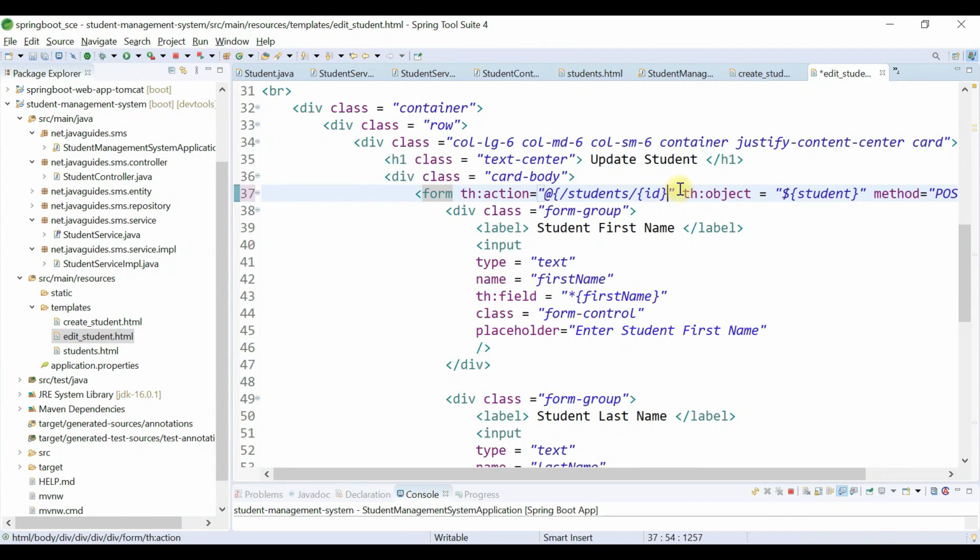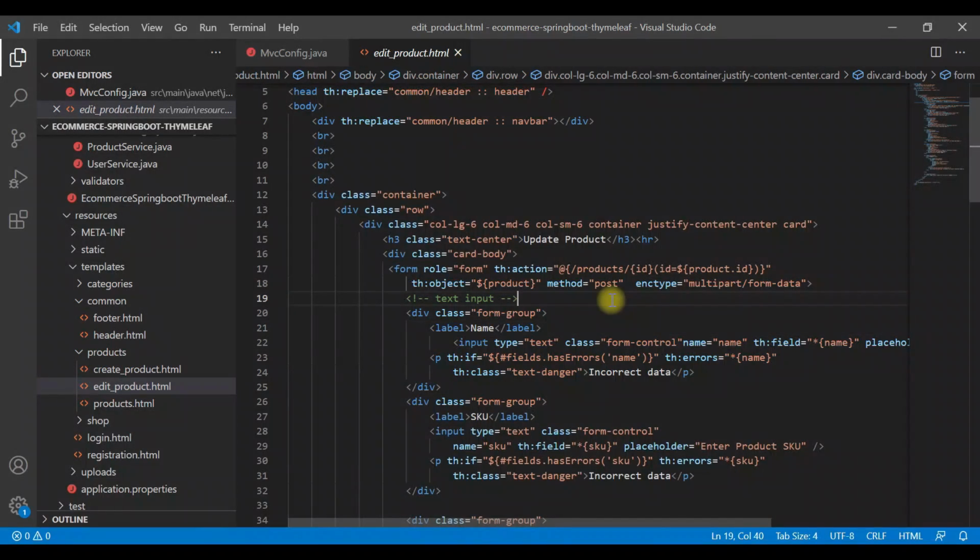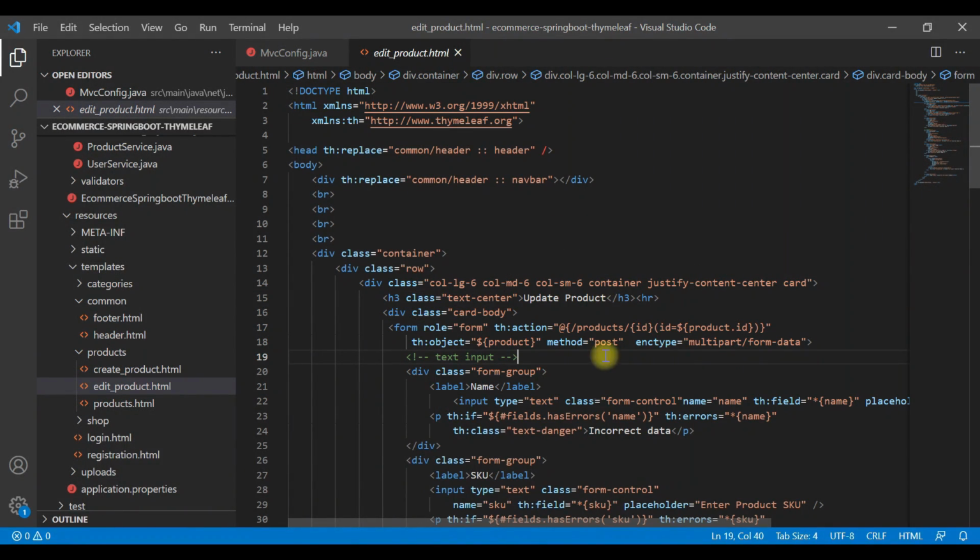Alright, so in order to get the id, we're going to simply use a dollar, and within curly braces we can access the object, that is the student object, and then id, and just close the curly braces here. So this is the syntax to get the id from the student object. Okay, so there is no other change.